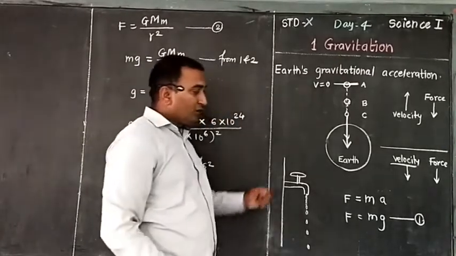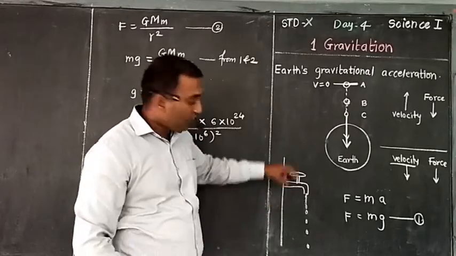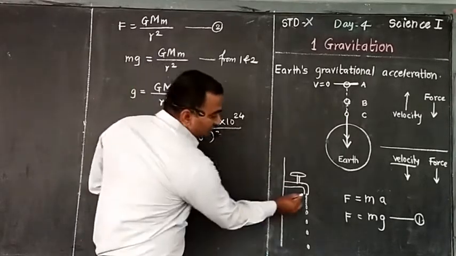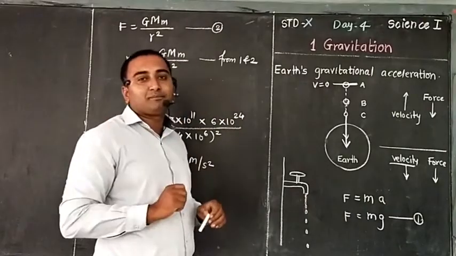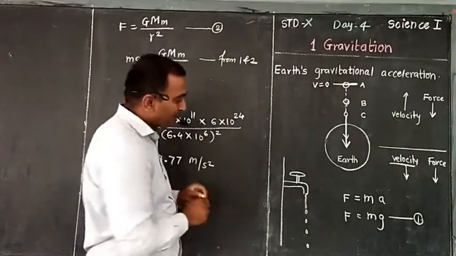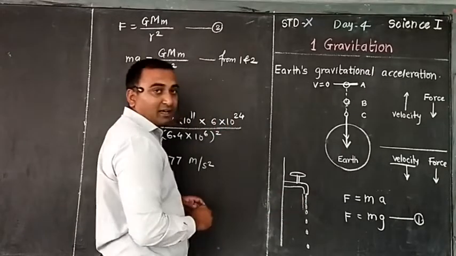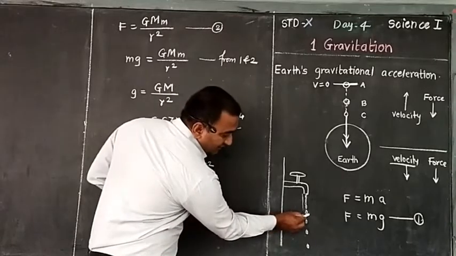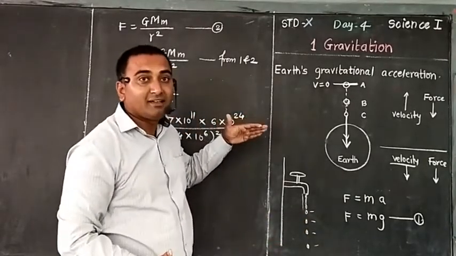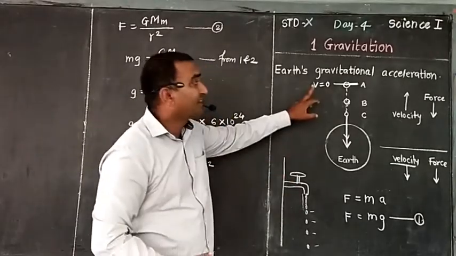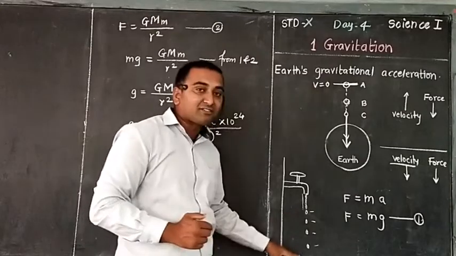Now where will you apply this information? Suppose this is a tap. Open the tap, and the water starts to come from the tap. Then make the flow a little slower. Have you observed this? The water is continuous for some distance, and after that the distance between the drops starts to increase. Why? Because here also there is acceleration. Acceleration, change in velocity, because of the earth's gravitational force.